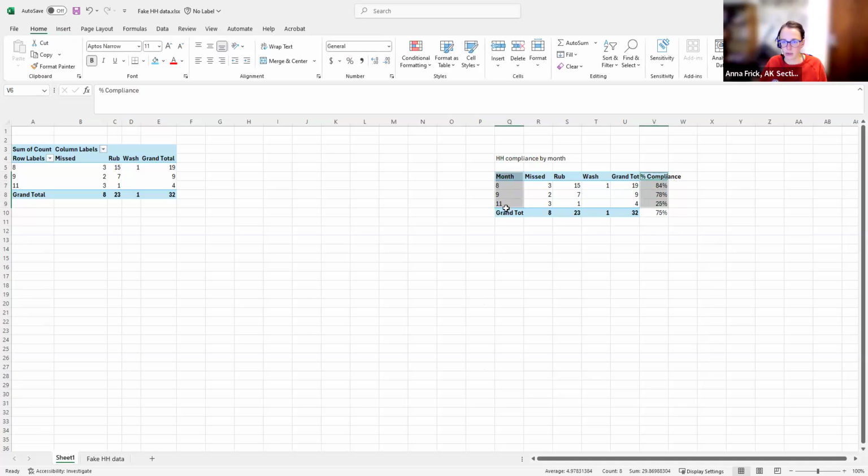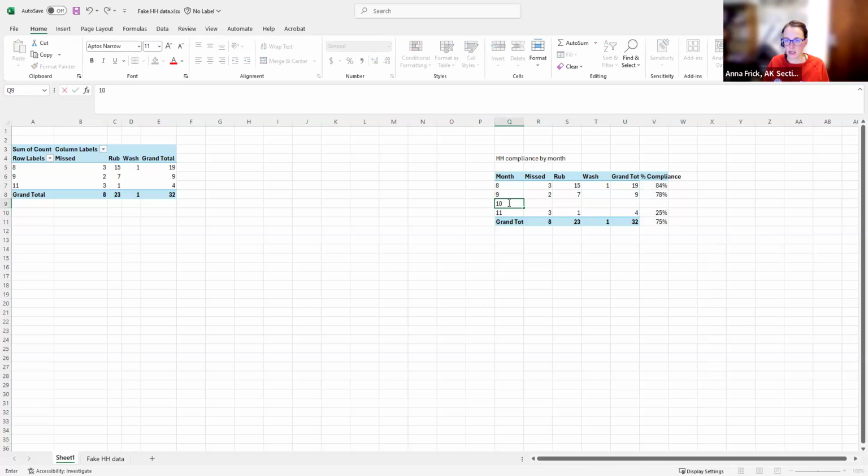So maybe what I'll do instead is move this down and put 10 in here, and I'll put an NA here because there weren't any observations.